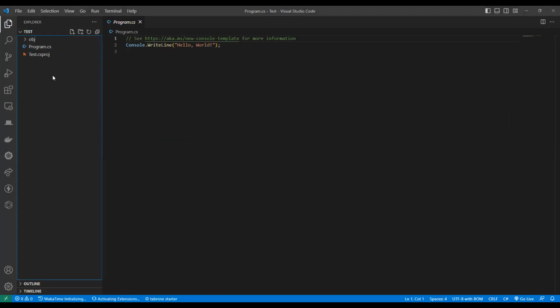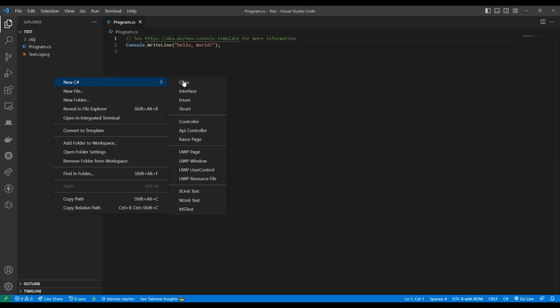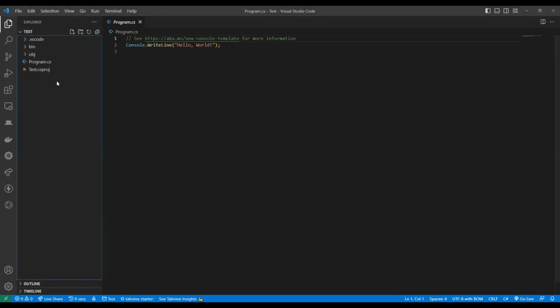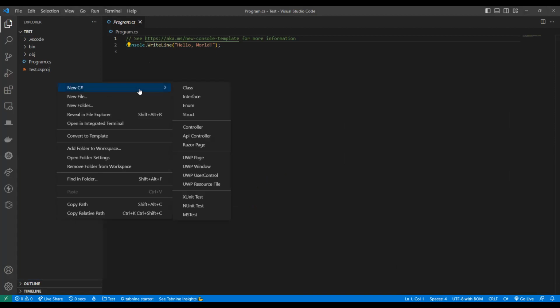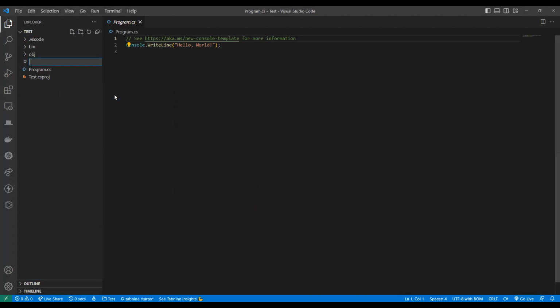Yeah. So the first one I was talking about is the C# extension. I can't remember the name. Anyways, that just helps us to create a quick class. So let me show you something now. Without that extension, you only have files.